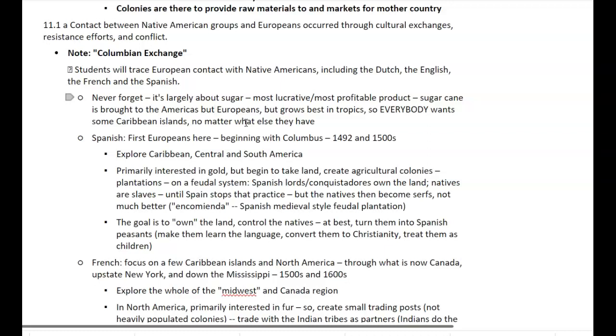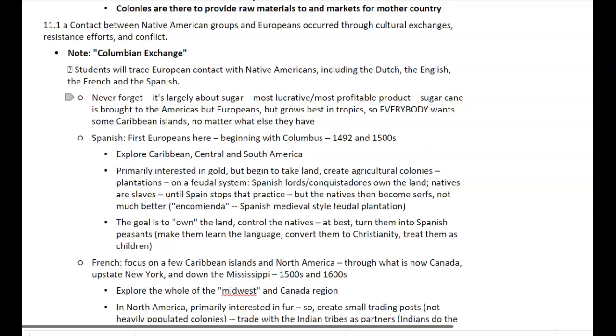Eventually, Catholic priests put pressure on the king to stop the slavery of natives. The Catholic priests, after all, were trying to bring the natives into Christianity, and so they weren't happy, actually, about the slave trade. The King of Spain kind of reluctantly ends enslaving Native Americans, but then they simply become serfs,